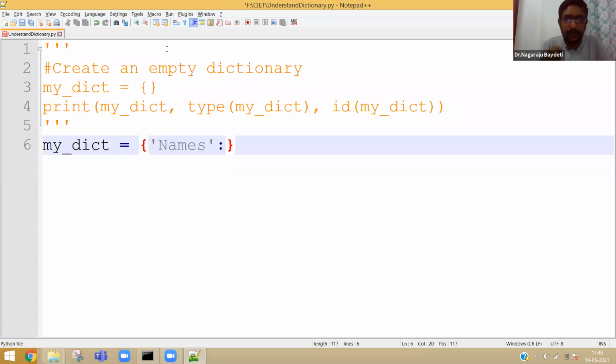Now when you give a colon, whatever you write before the colon will be the key. And after the colon, for example, I am giving in a dictionary a list like Ramesh and Suresh.